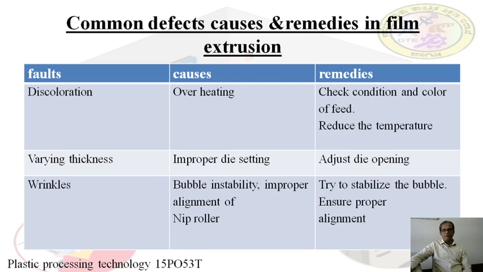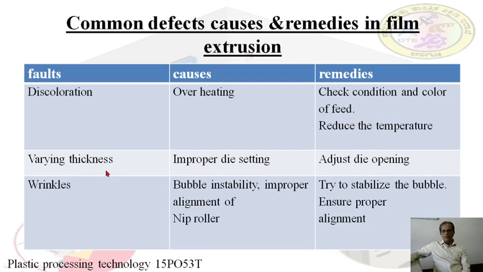What are the common defects and causes in film extrusion? Discoloration will take place. That is one problem. That is because of overheating. Check for the condition and the color feed. Reduce the temperature if overheating is the problem, so that you have to reduce the